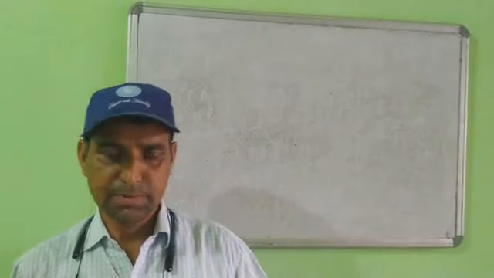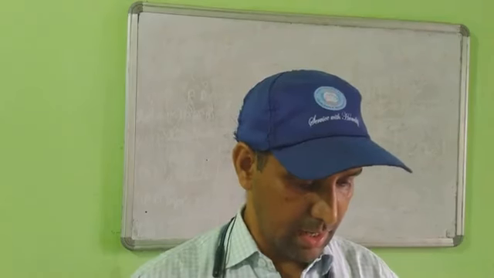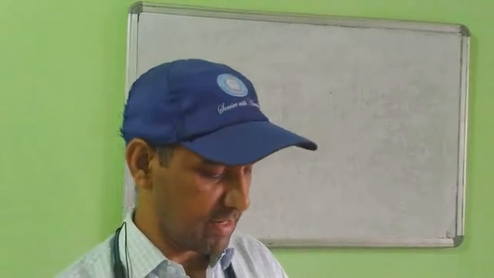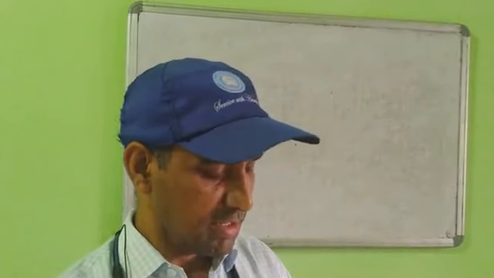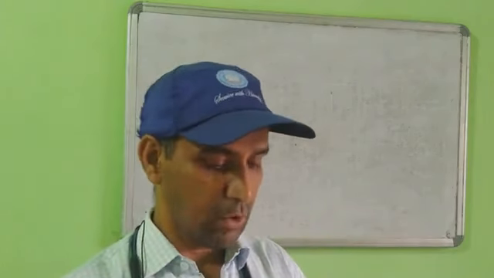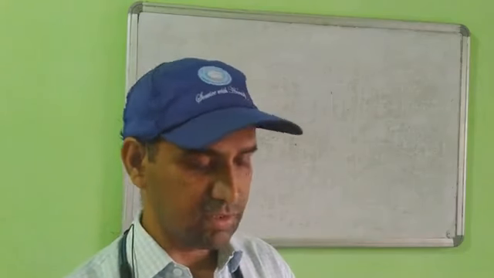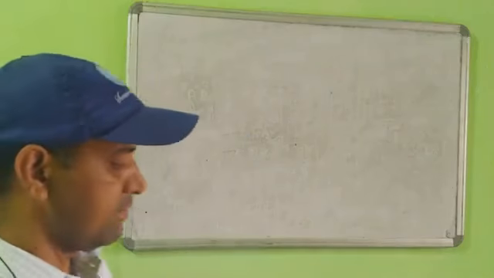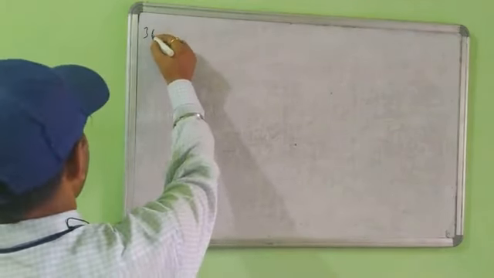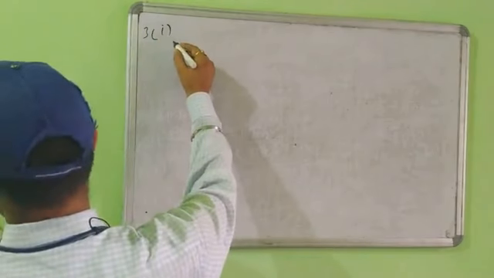Yes class, next question, I'm taking question number 3 here. Compute the indicated products. Here I'm taking a 3 into 3 order matrix. Earlier were 2 order matrices, which are very easy. Now I'm taking the 3 order matrix. How to multiply here? Question number 3.